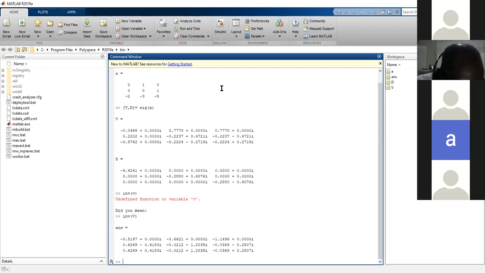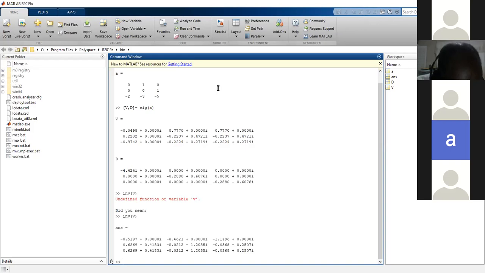So that is not P, it's V. I mean, it's not V, it's P. All right, so the V is what I was calling P. So now, if I want the eigenvalues of A, that's going to be the V, which is here, the diagonal matrix, which we have here,